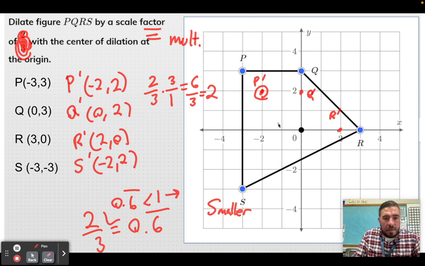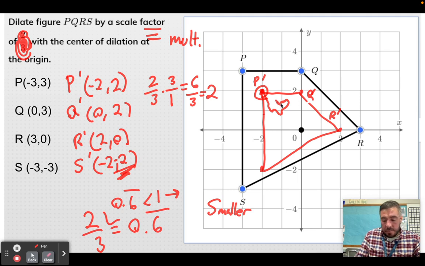I think that's a math by mistake. Does anyone see what my mistake is over here? There's something wrong with this. Yeah, my pre-image, they're both negative, so that needs to be a negative here. So now if I graph it, -2, -2 is here. That looks much better. So now if I connect the dots here, here, here, and here,